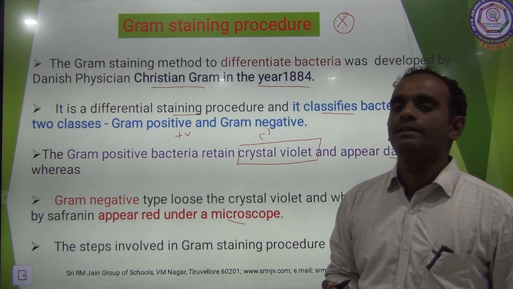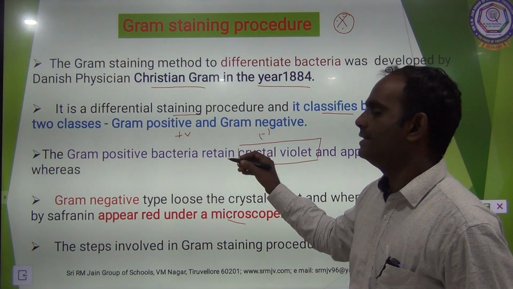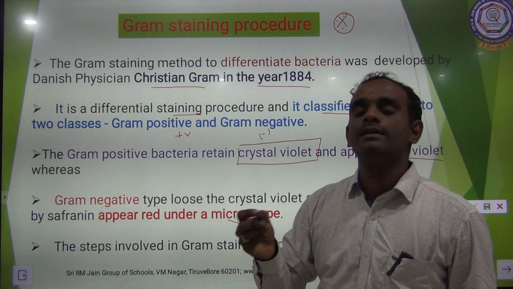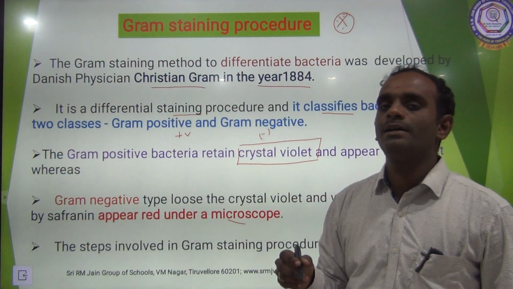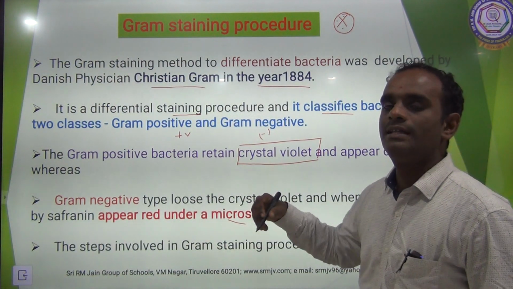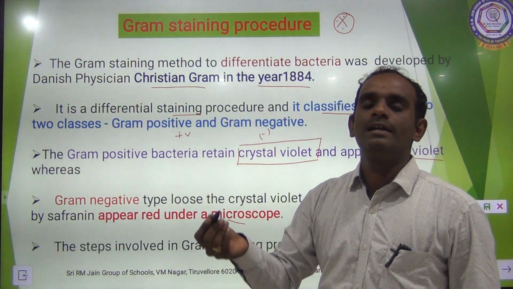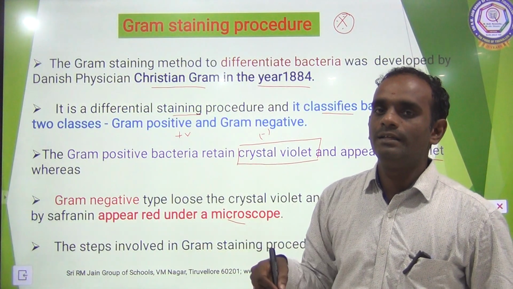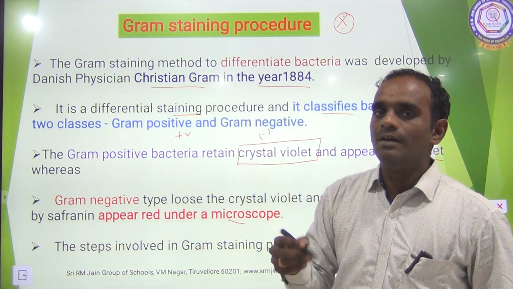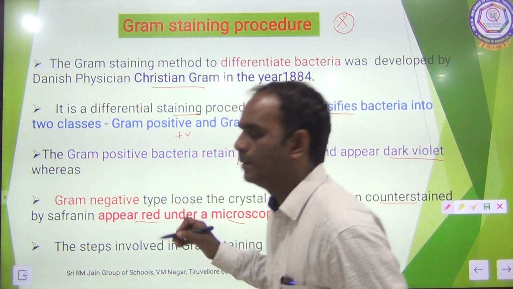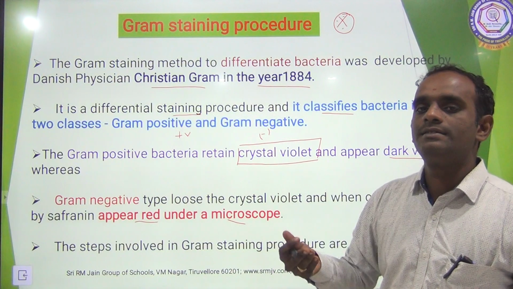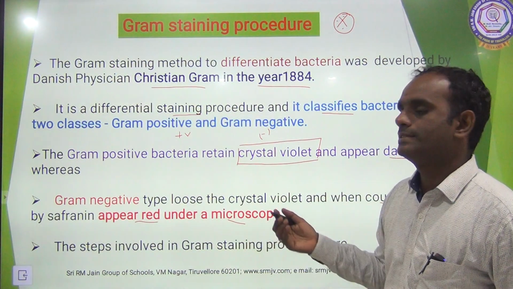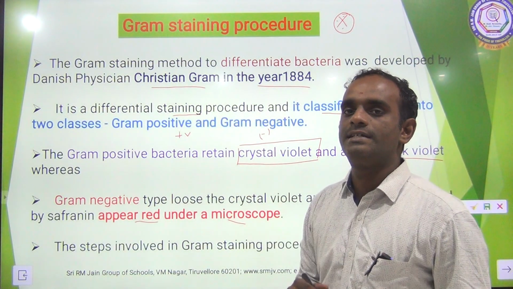So gram positive bacteria retain crystal violet and appear dark violet in color, whereas the gram negative bacteria lose their crystal violet color and are counter stained. Counter stained means adding safranin again to that microbial slide. We will see the red color appearance. It is seen only under the microscope. Clear, children? Yes. The steps involved in gram staining procedure are: